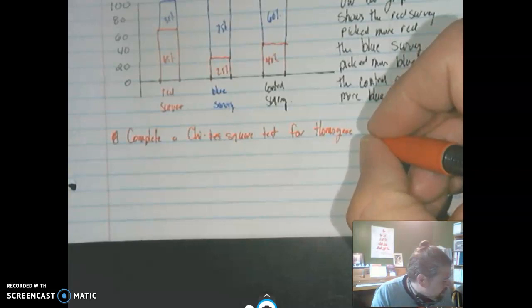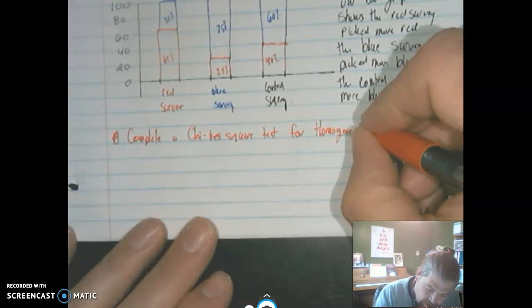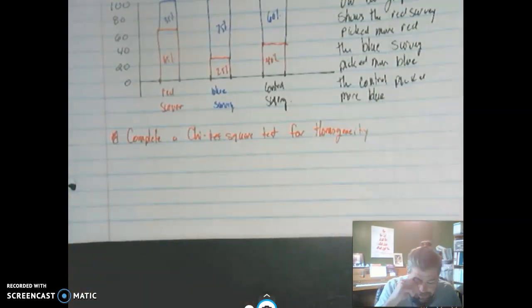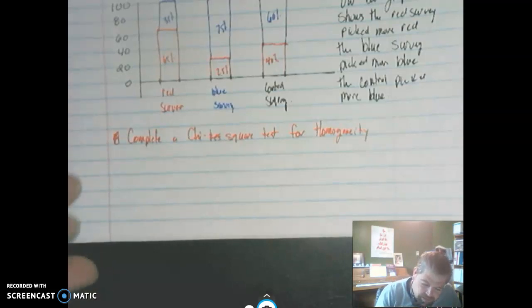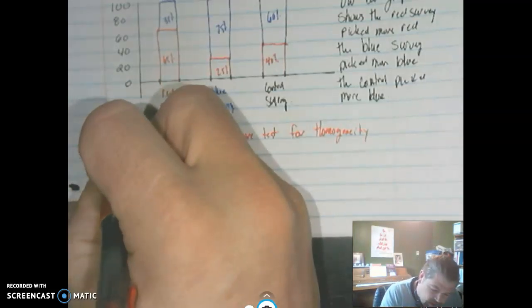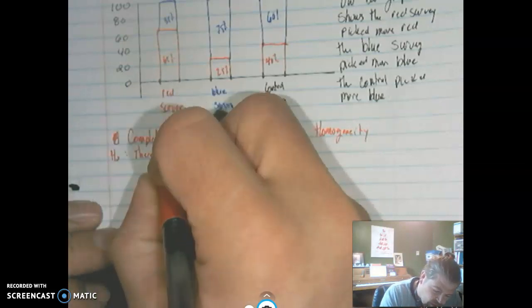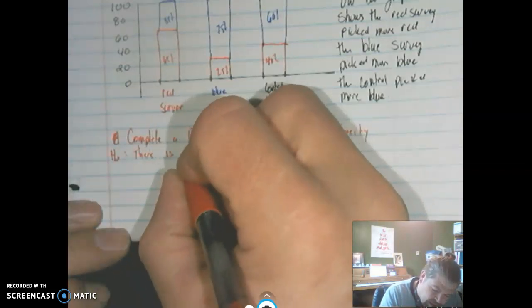Or remember how to make sure I spell it right. Okay. All right. So we're going to first or second state our hypothesis, and we're going to say there is